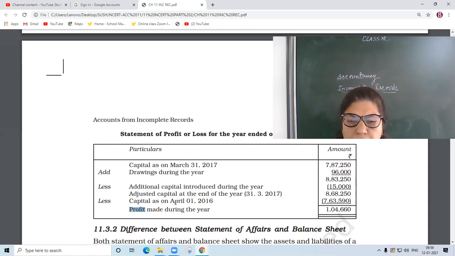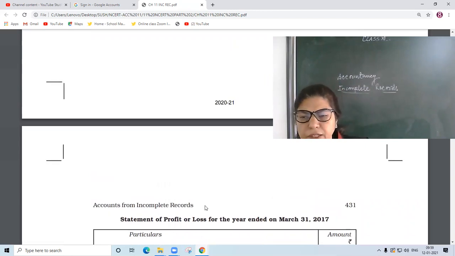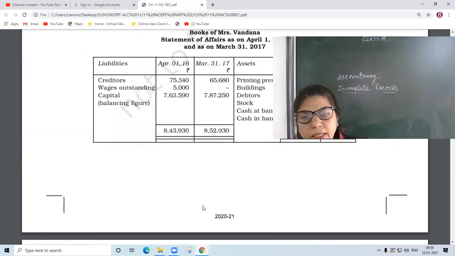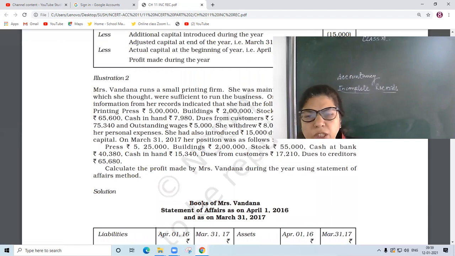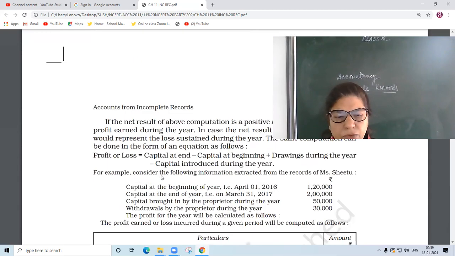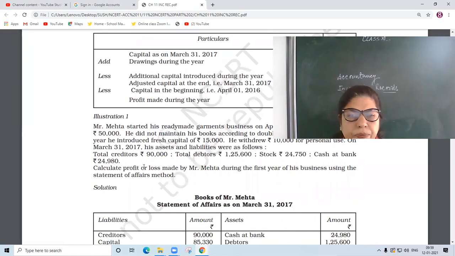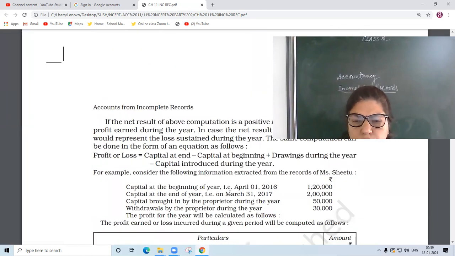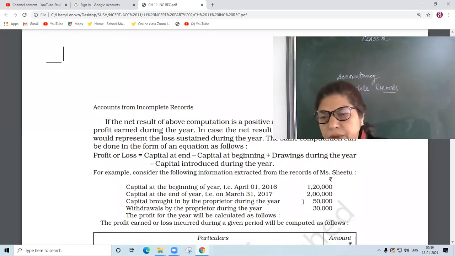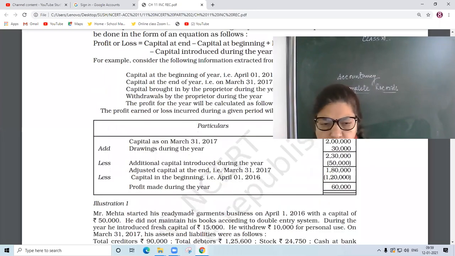So the remaining amount will be treated as profits. Okay. So what is new in this question? Why can we say this question is different from the previous one? See, in every question there is something new. Today we completed 3 questions, so one by one I am going to explain it. See, in the first question, opening and closing both were given. So directly we prepare a statement of profit and loss.